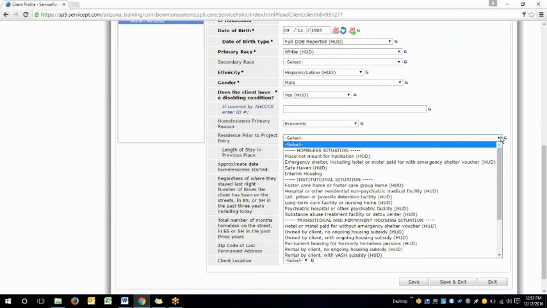long-term care facility or nursing home; psychiatric hospital or other psychiatric facility; substance abuse treatment facility or detox center. Transitional and permanent housing situation: hotel or motel paid for without emergency shelter voucher; owned by client, no ongoing housing subsidy; owned by client with ongoing housing subsidy; permanent housing for formerly homeless persons;